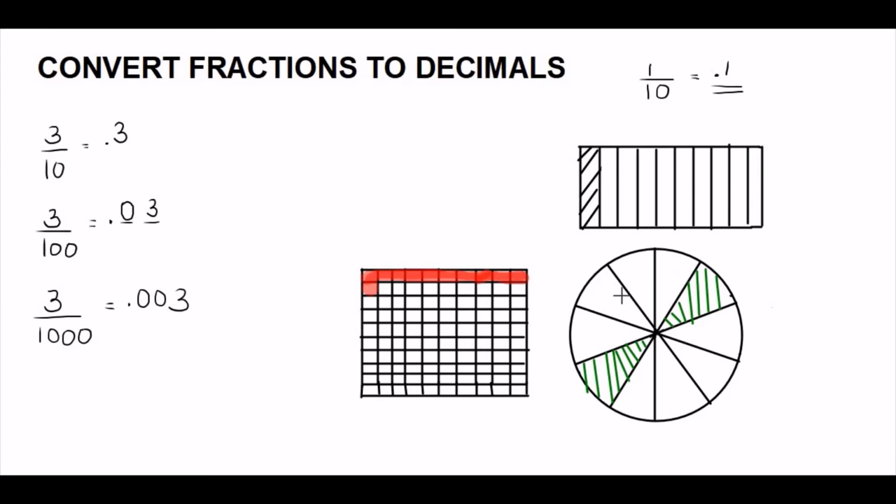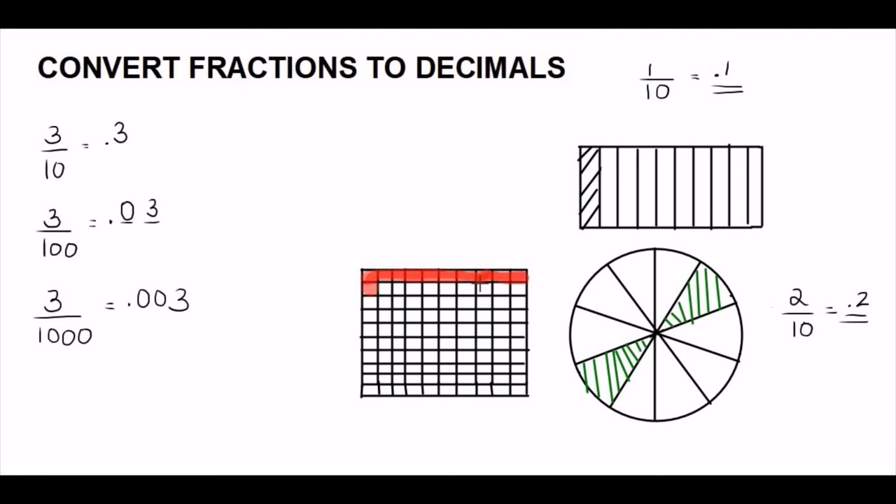Now here this whole is divided into 10 equal parts. That is 1, 2, 3, 4, 5, 6, 7, 8, 9, 10. And out of the 10 equal parts, 2 parts are shaded. So the fraction shaded is 2 by 10. So when you convert this fraction to decimal, you will get 0.2, because after the decimal point, there is one decimal place. When there is 1 zero, you have one decimal place. If it is 2 zeros, you will have 2 decimal places. So if only one number is there, you have to add a 0 to make it 2 decimal places.